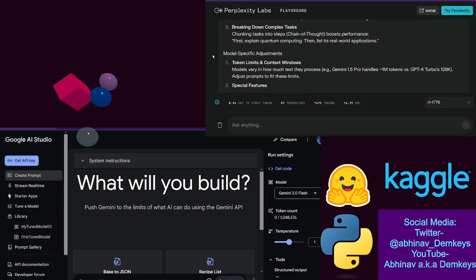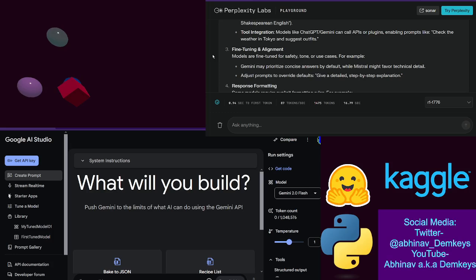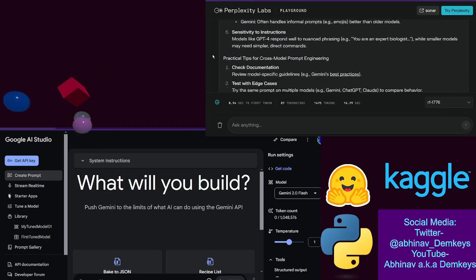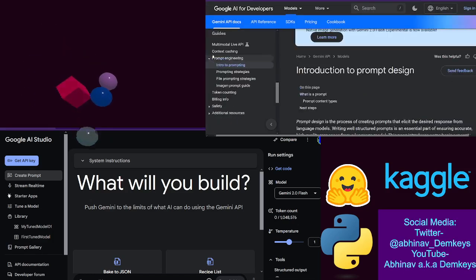Breaking down complex tasks, chunking tasks into steps, chain of thought. Oh, that's called chain of thought. It boosts performance. First, explain quantum computing, then list its real world applications. Model specific adjustments, token limits, and... Okay, you know what? Hold on. I think we can move on to